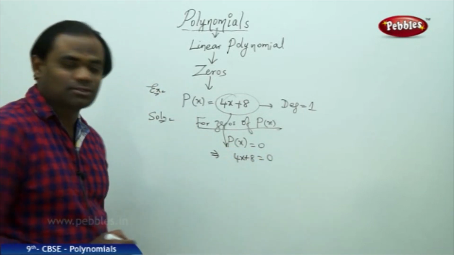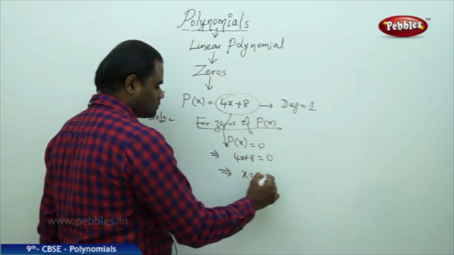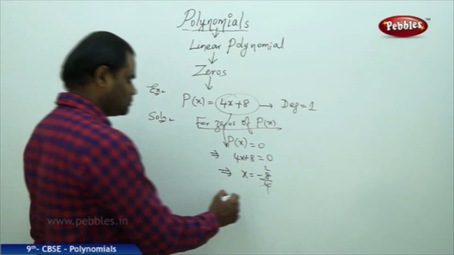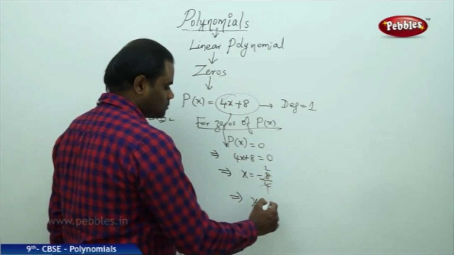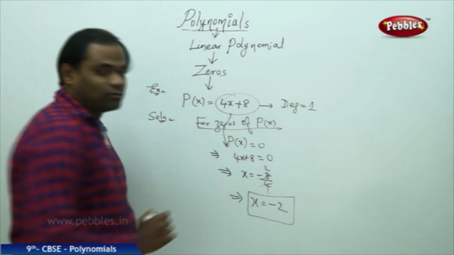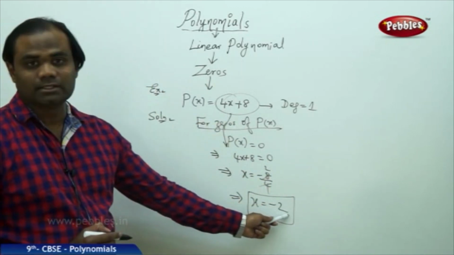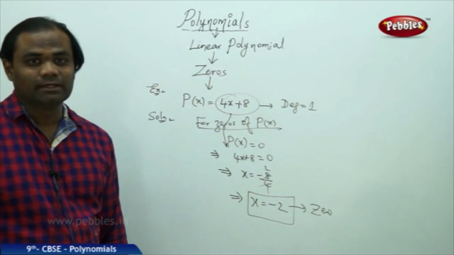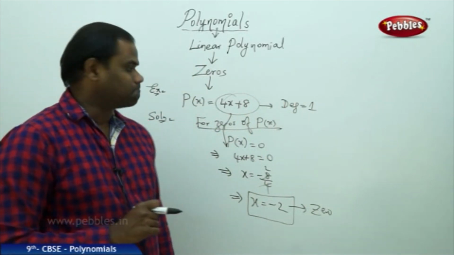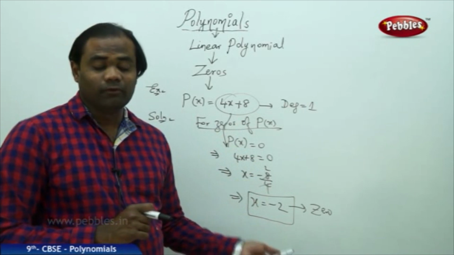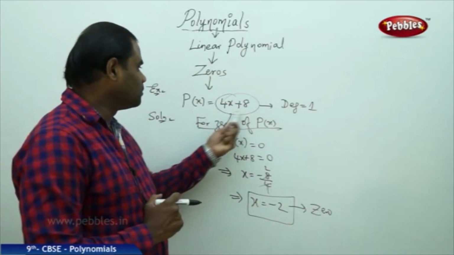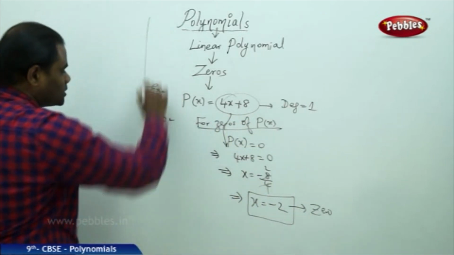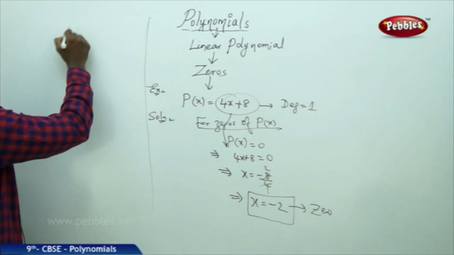And 4x plus 8 equal to 0 implies 4x equals minus 8, so I get x to be minus 2. Therefore, the zero of this linear polynomial is minus 2. So this is the zero. This is how we identify the zero of a linear polynomial. But interestingly, I also note a very important property here, that for every linear polynomial there is only one zero, is how we conclude. So let's make the overall outcome, which says that